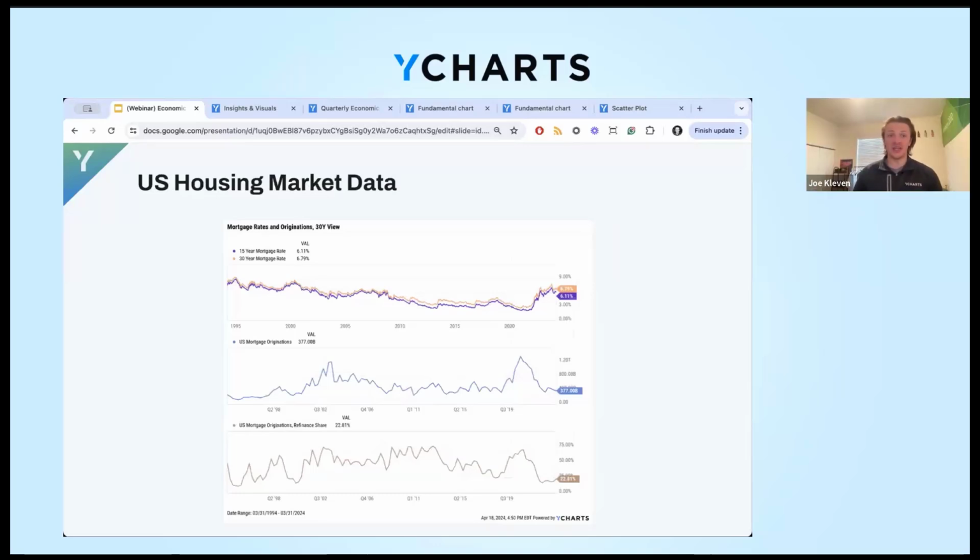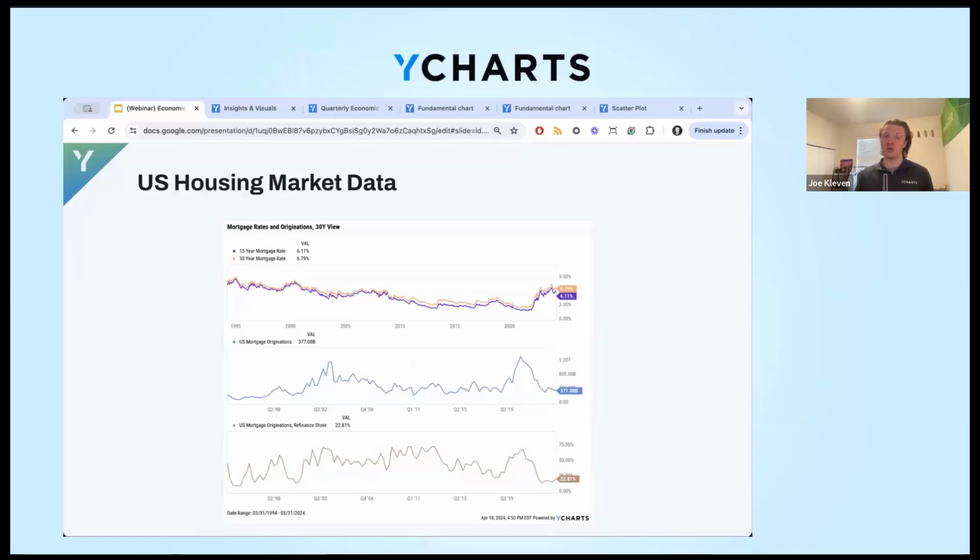Well, pivoting from GDP to one of the major contributors to GDP, housing. We're looking here at mortgage rates and mortgage originations. At the top, we have the 15-year and 30-year mortgage rates, both of which stayed below 7% to close out the quarter, though they do remain elevated, with the 30-year mortgage rate finishing the quarter at 6.79% and the 15-year at 6.11%. As a result of these elevated mortgage rates, however, mortgage originations continue to remain very low,